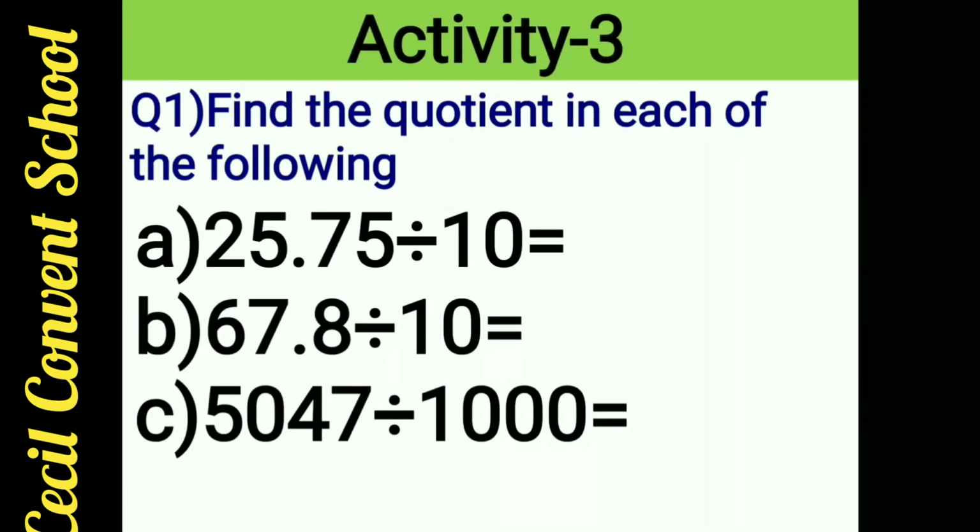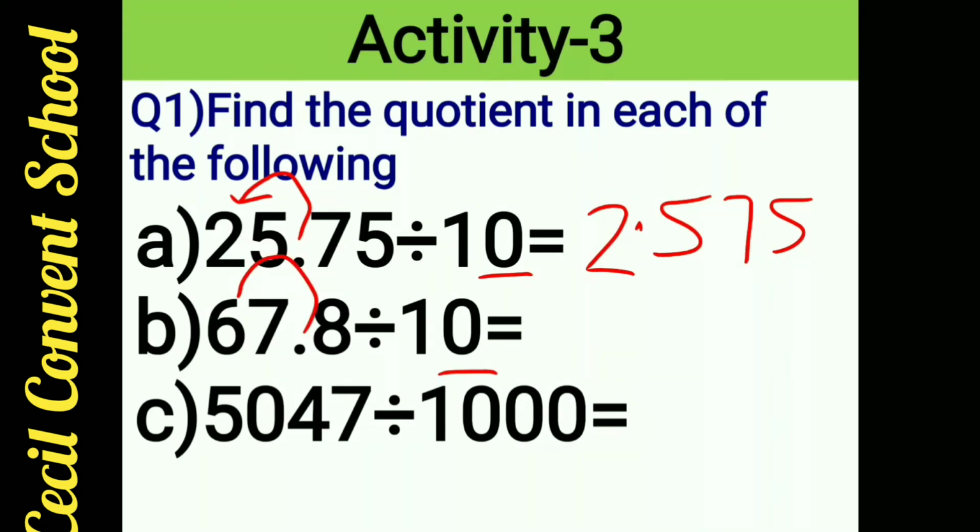Find the quotient in each of the following. 25.75, you have to divide by 0. So now this decimal will move to the left hand side. So your answer will be 2.575. Clear? Now 1. So you move here. So answer will be